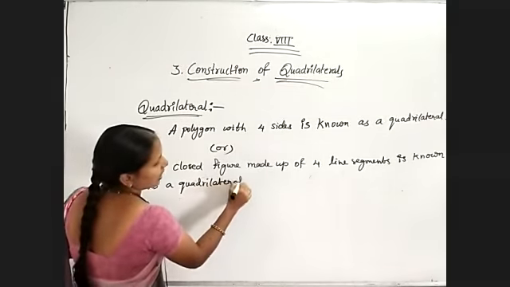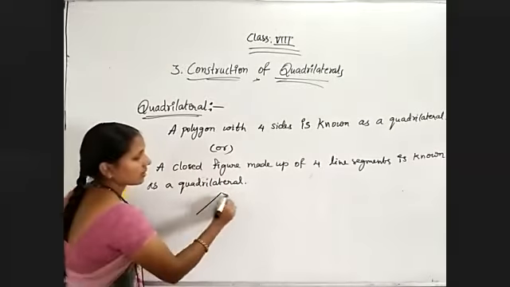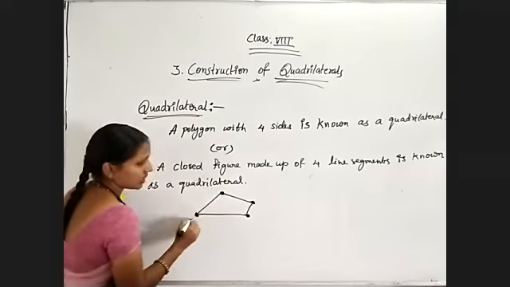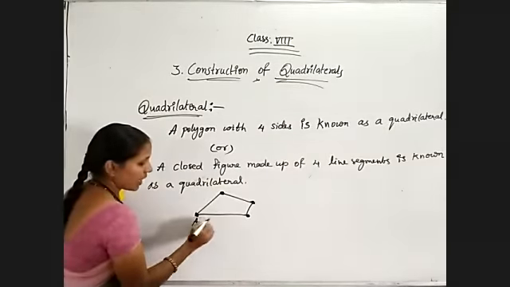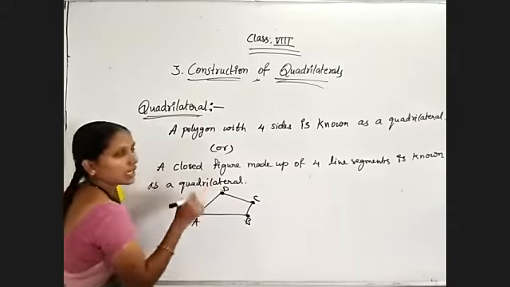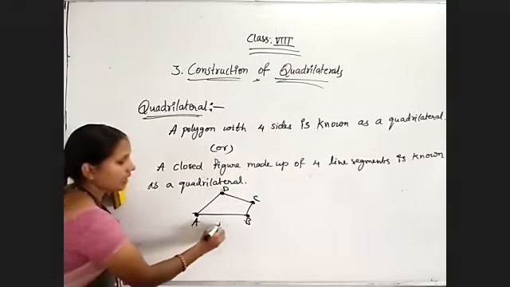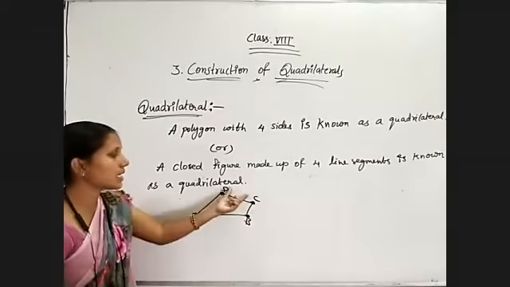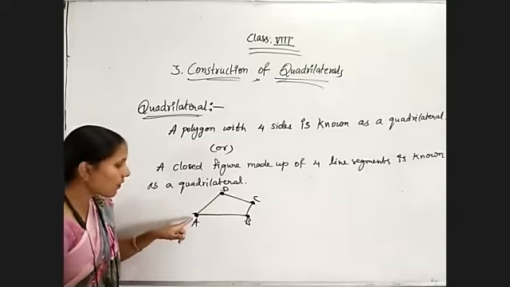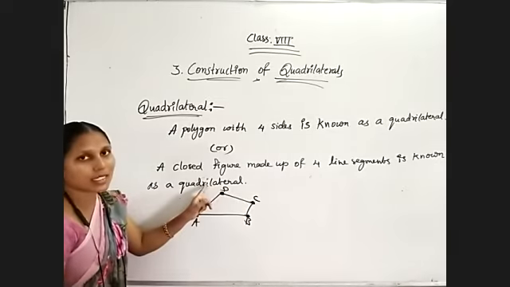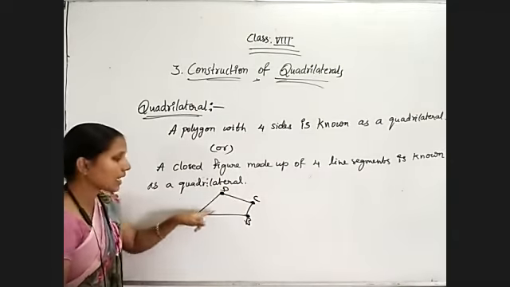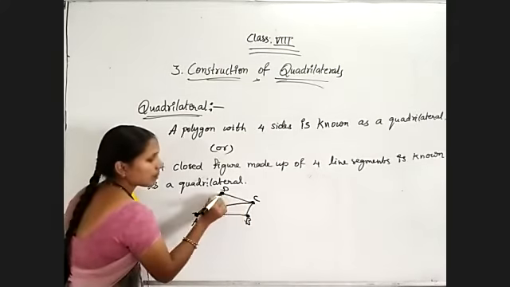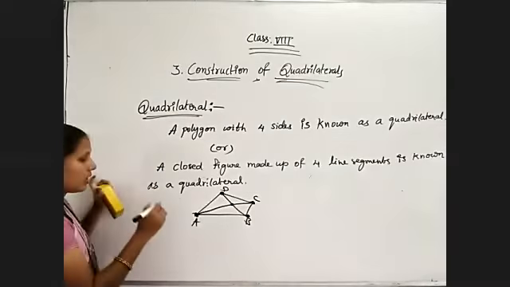Okay, first suppose I have a quadrilateral like this. What I told you, a quadrilateral is nothing but a figure having four sides. So I am naming those points as A, B, C, D. In this picture, the quadrilateral consists of four sides AB, BC, CD, DA, first thing, and four vertices, point A, point B, point C, point D, and four angles, angle A, angle B, angle C, angle D, and two diagonals, AC and BD, the cross lines.